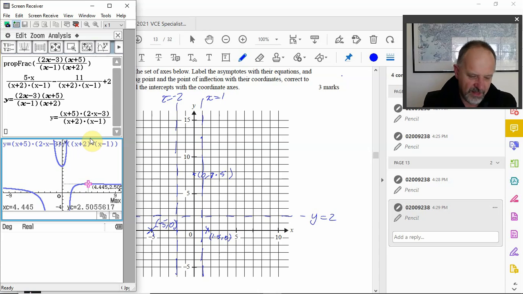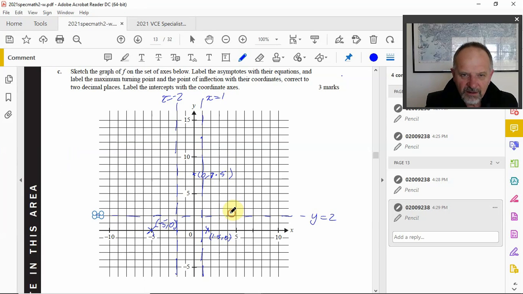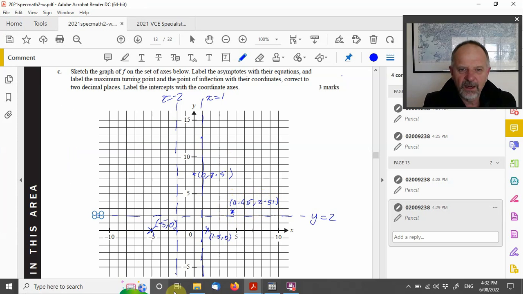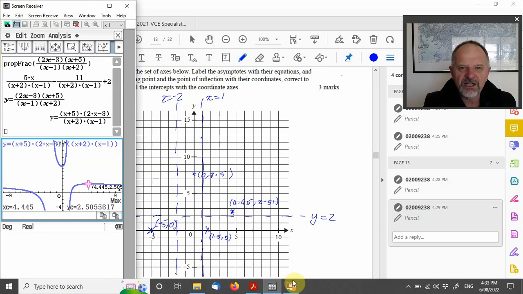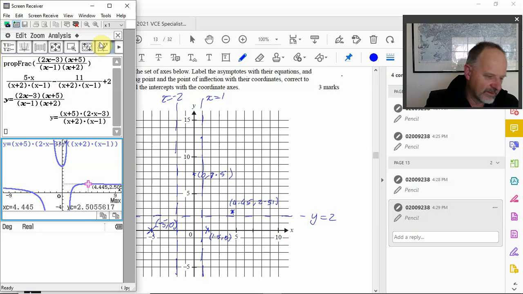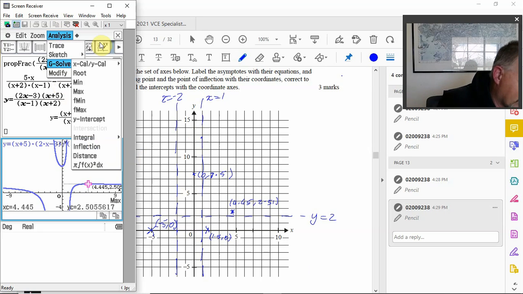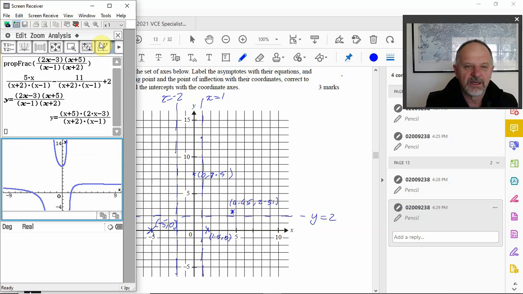So let's now put that one in on our thing, 4.45 and 2.51. That's there, and that's maximum. And our point of inflection, it says. So again, we go to our analysis G-solve, and you'll see the third bottom one there, inflection. And thinking about, is there a point of inflection? There is one,